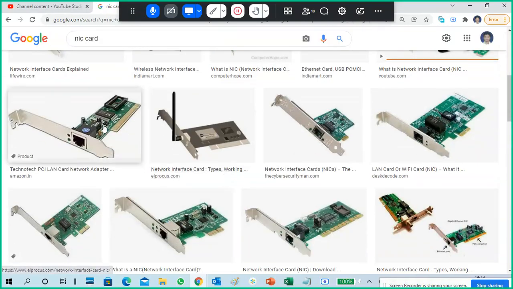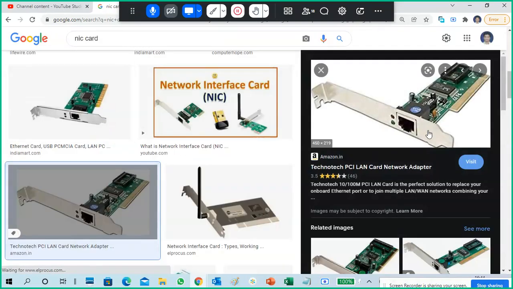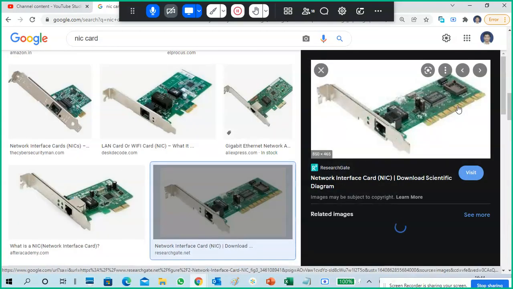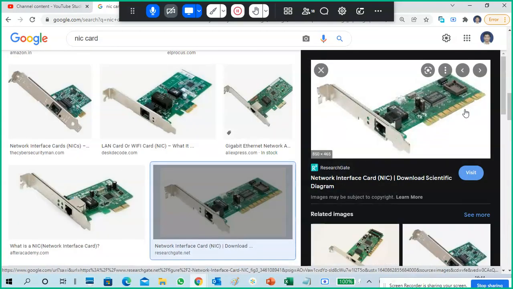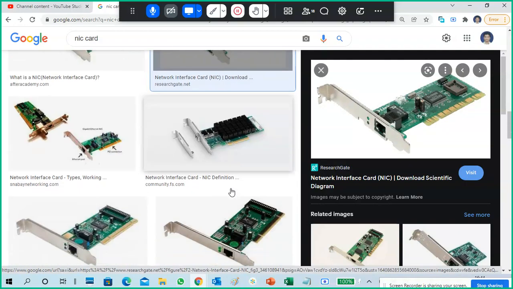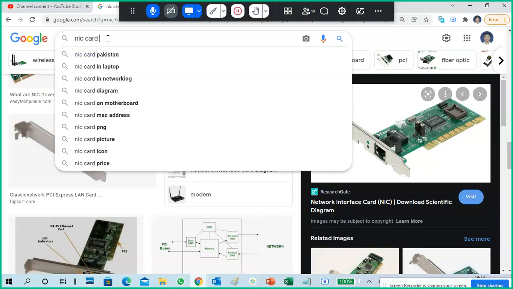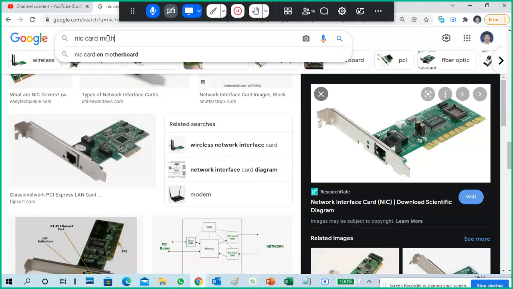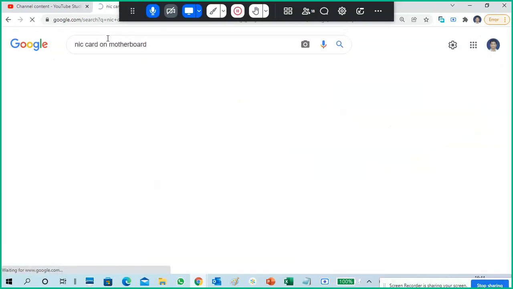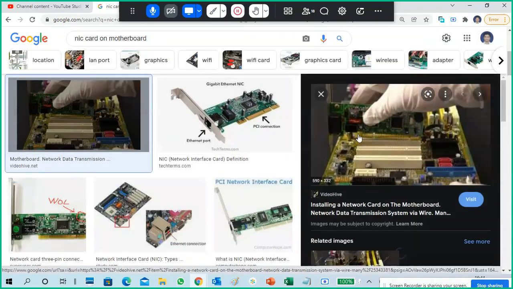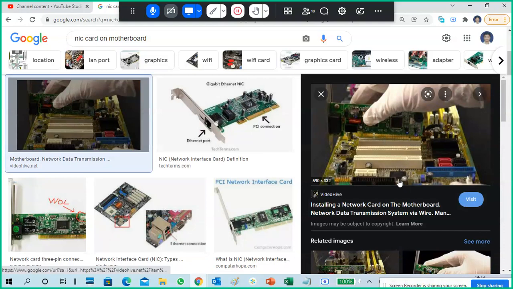It just looks like this. If you see the golden plating in the line, that is what we are inserting into our PC. So you insert the NIC card into the motherboard, like this.